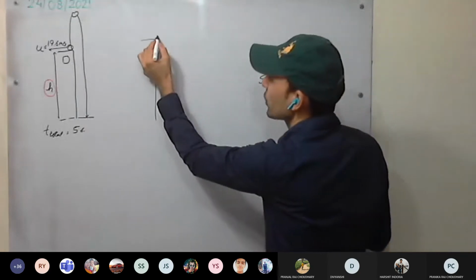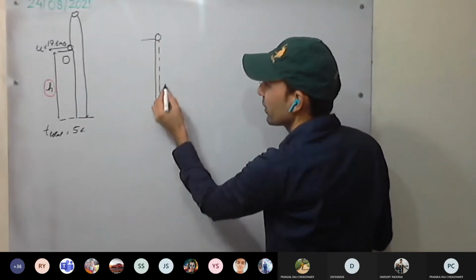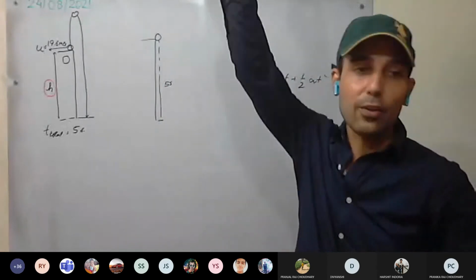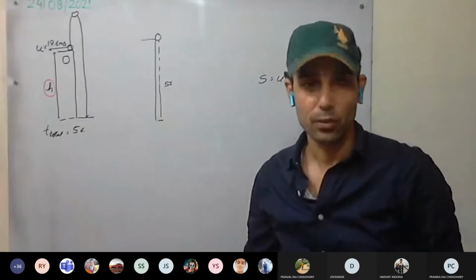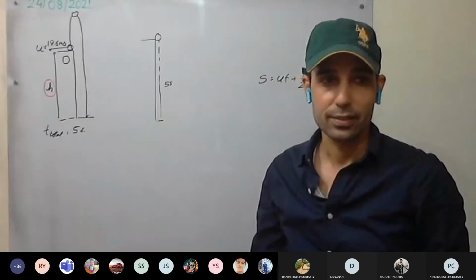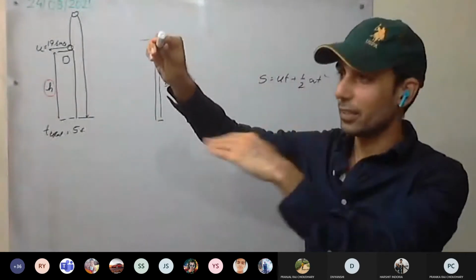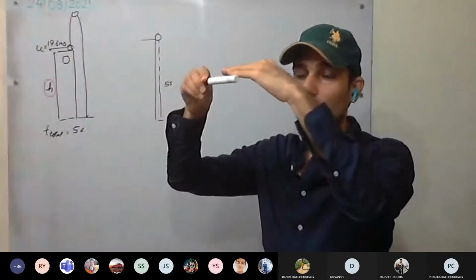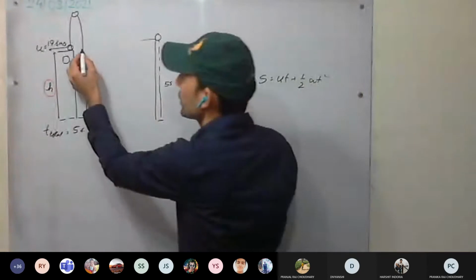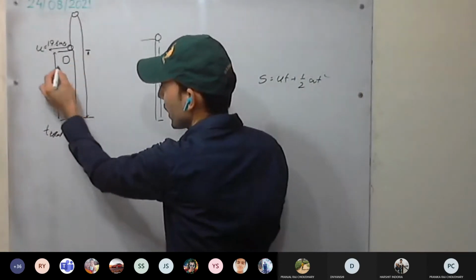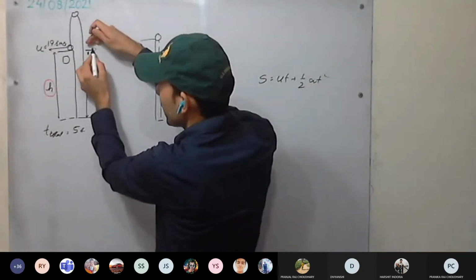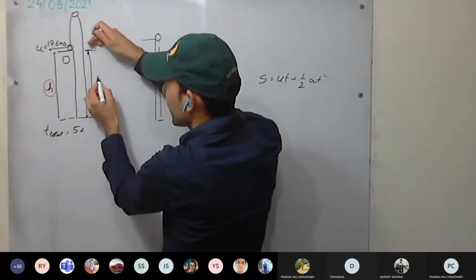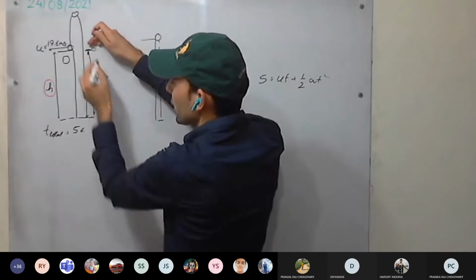See here what we are doing. This would work if it were freely falling, which had taken 5 seconds. But now we are throwing upward from the tower. Now it is coming back, then going down. Yes or no? The ball will go up and come back to the level of the tower, then go down. So if you have to calculate the height, the ball goes from here to here. Now from here, how much time is it taking? If we know that time, then we can calculate the height of the tower.